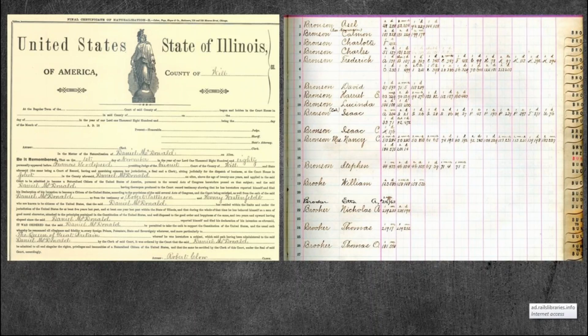On the right, you see just an index to property owners. A lot of counties have these recorded alphabetically by the property owner. So this is not special to Will County or Kane County or Kendall County. This is something that you would see across the state. So what those little pieces, those little numbers mean are whether or not it's a deed and whether they're buying or selling.